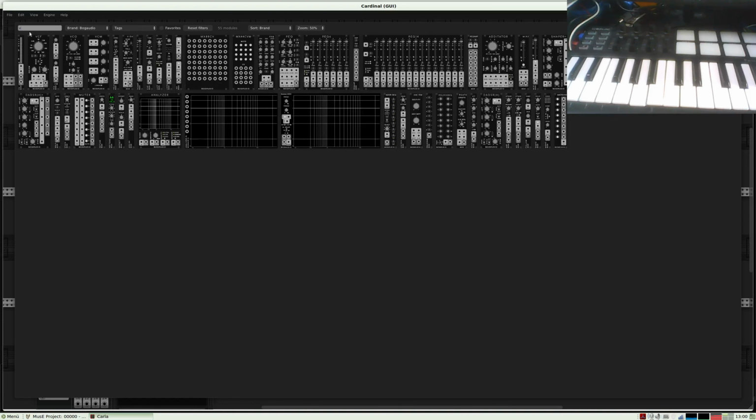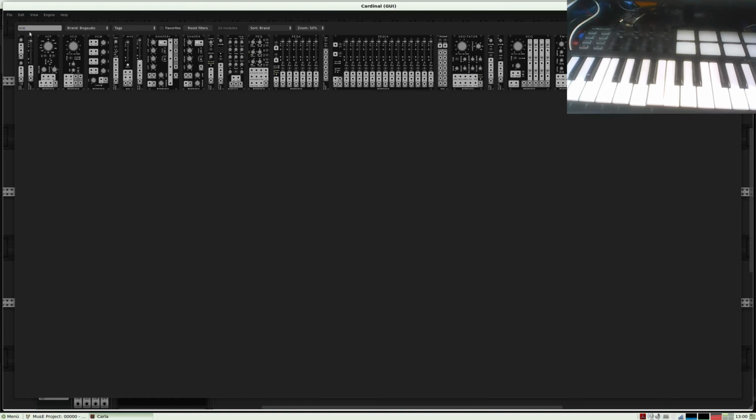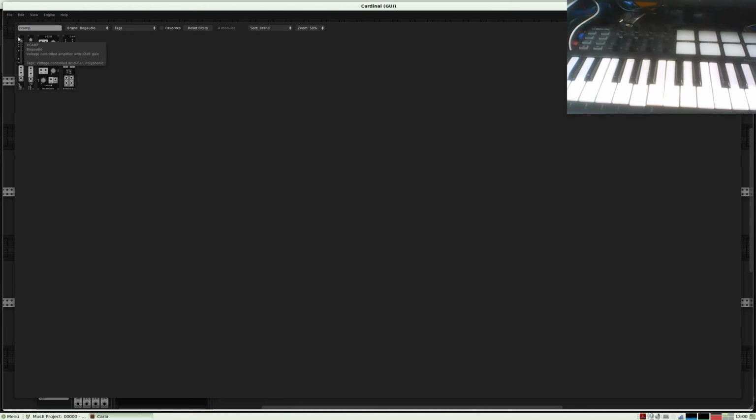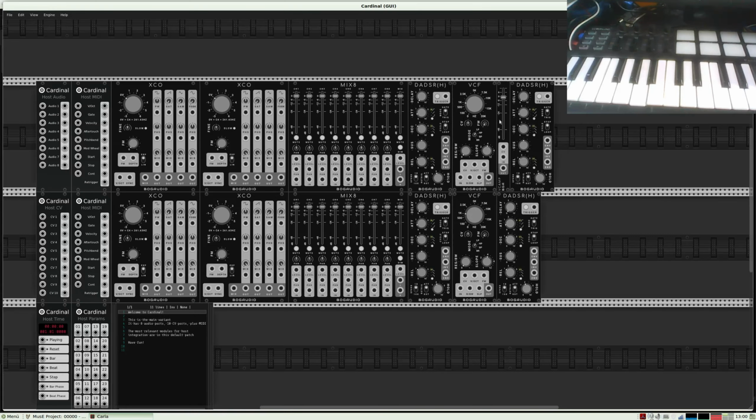I need VCA. VCA-MP is a quite wide thing. It's the first here, put it there, and a copy, put it to there. And now I want to make the VCF controllable by the host control voltages, so I need to put in another thing.